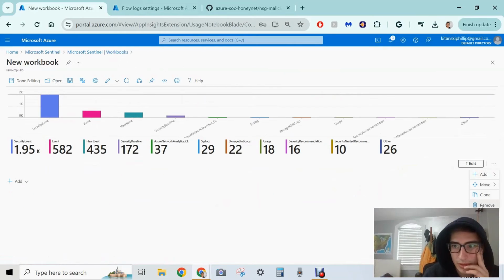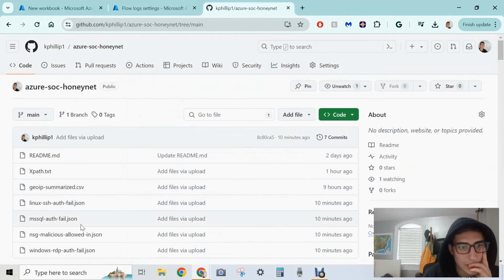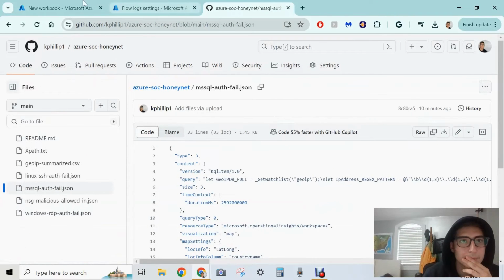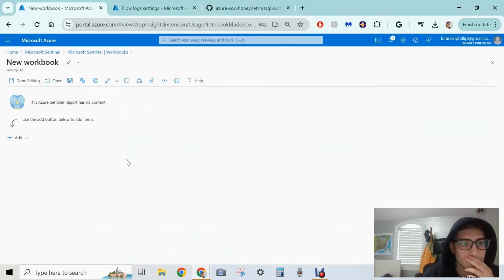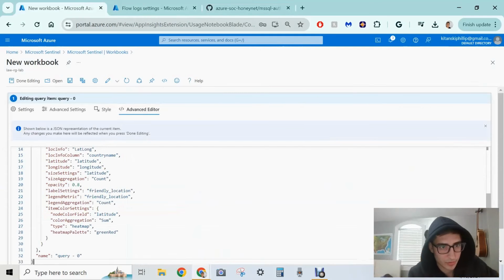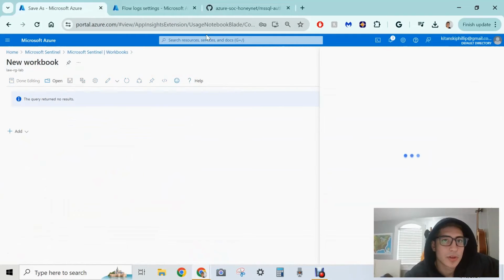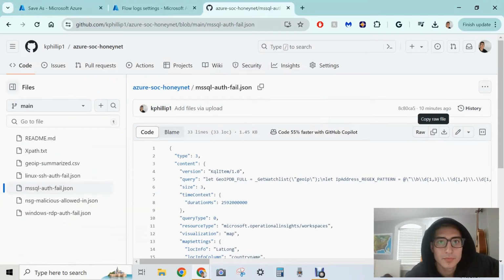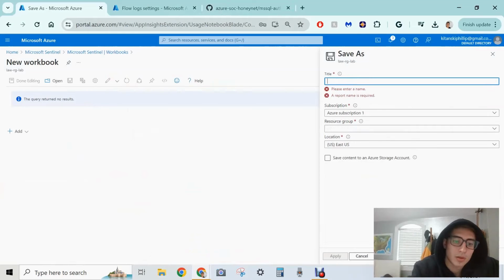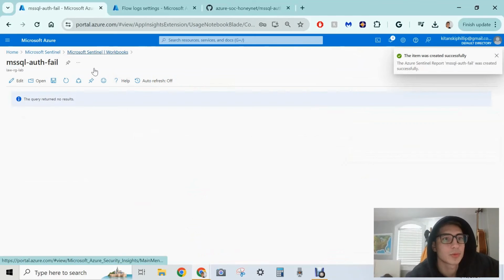Remove this and this. And our next map will be SQL authentication failure. So we copy this, go into our workbook, add query, advanced editor, where we can throw in our JSON file, and done editing, save that, copy this, RGLab, apply, and last one,